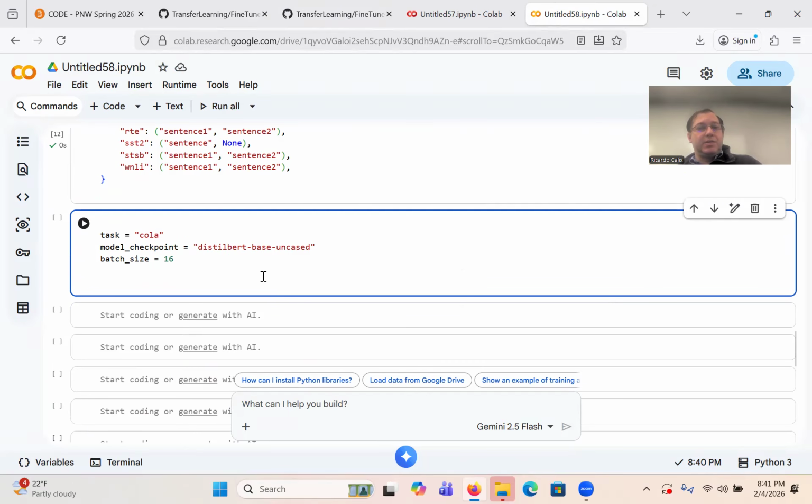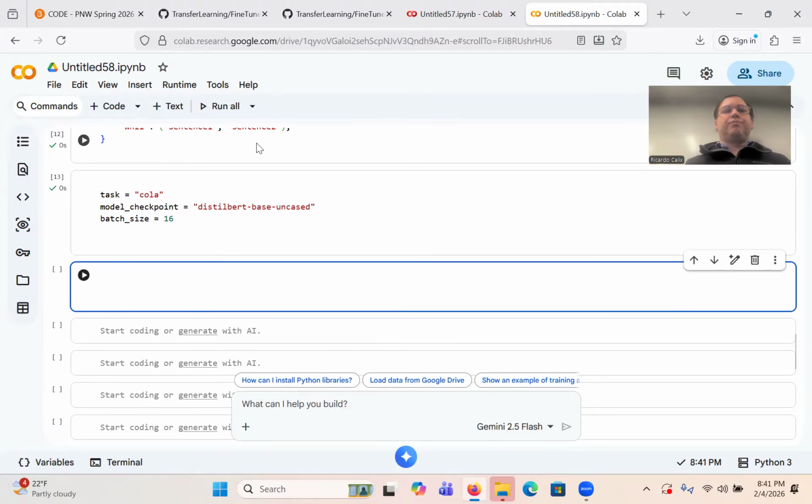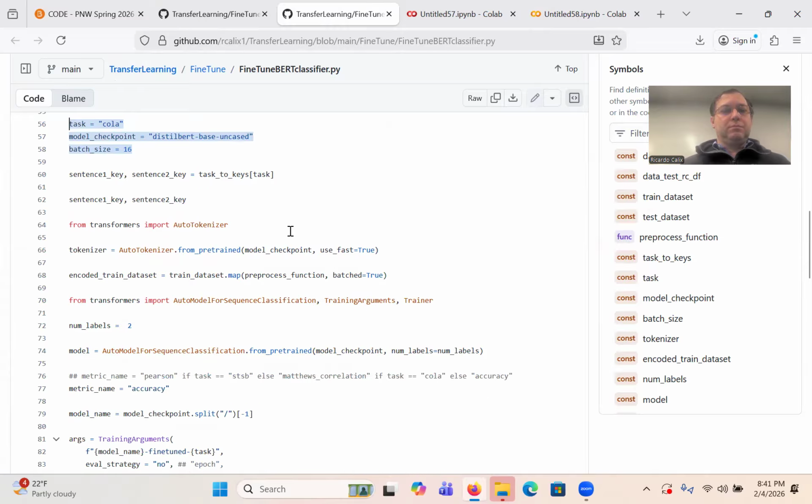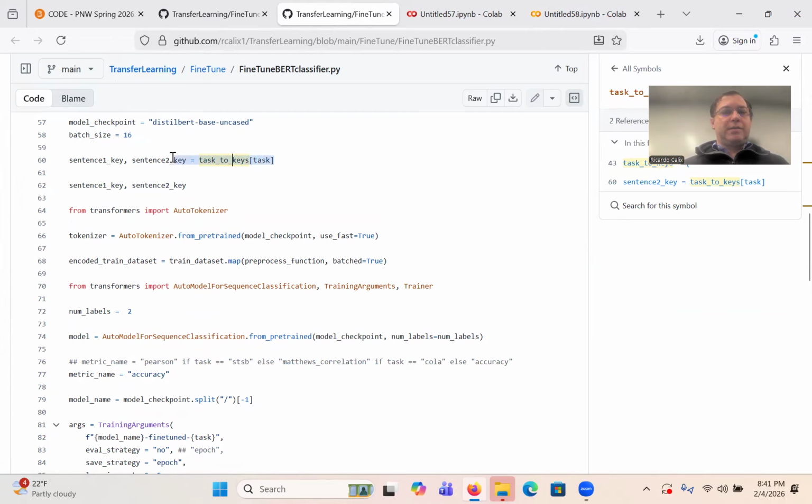Okay, model checkpoint. This is going to be DistilBERT base uncased. So it's a BERT model, obviously, because we are, in fact, training a classifier, right? So it's a BERT model where text goes in, but some kind of a score comes out. Uncased just means no uppercase letters. Batch size of 16. All right, so this is just going to be for the task keys.